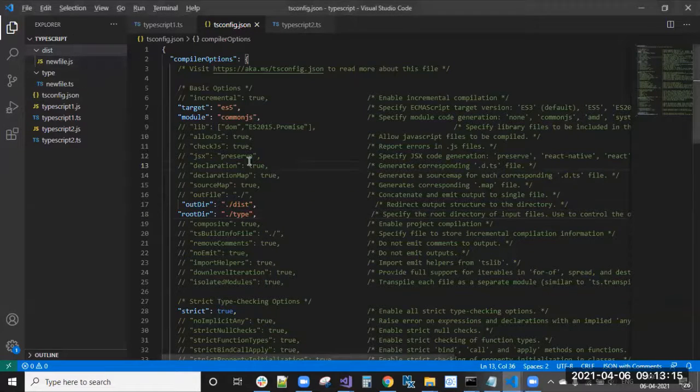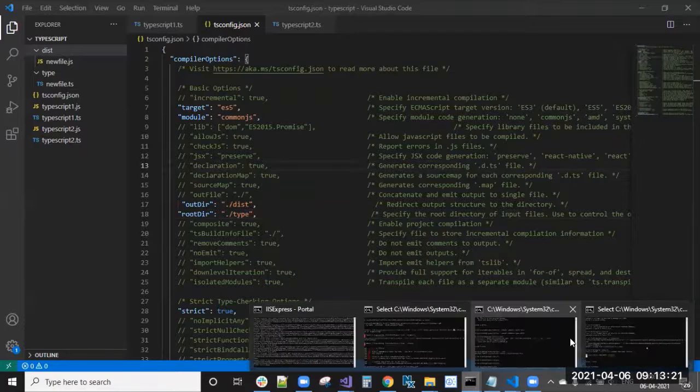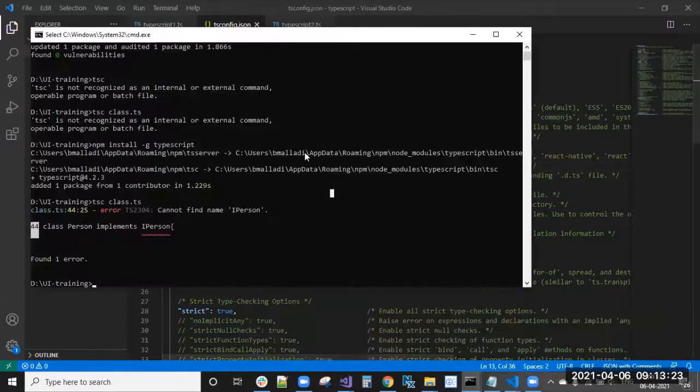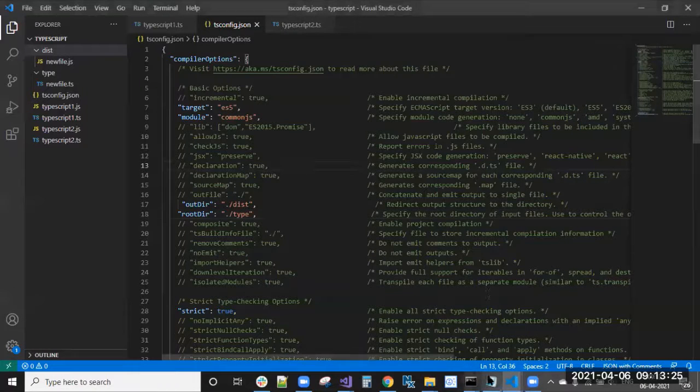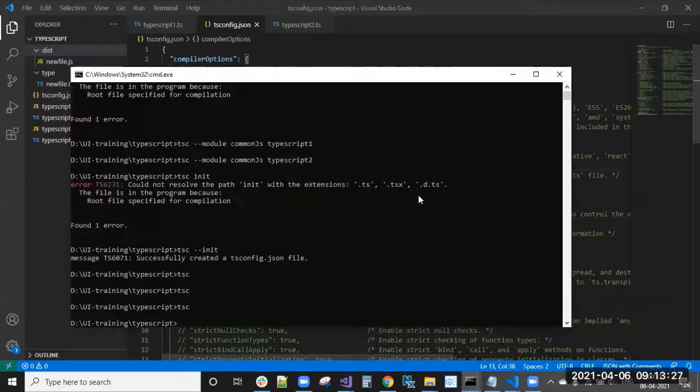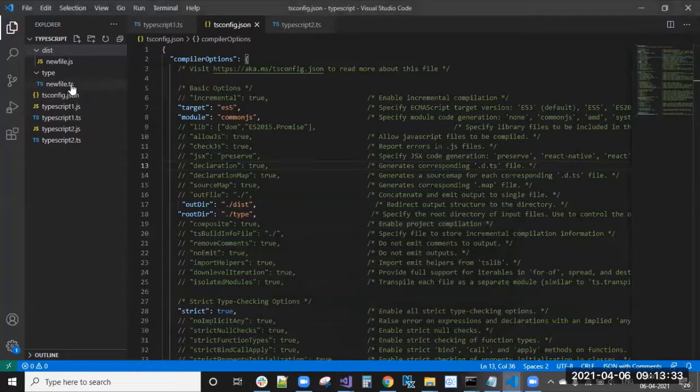So when I'm compiling this using tsc, you can see that only new file.ts is compiled, right? Only that file compiled.